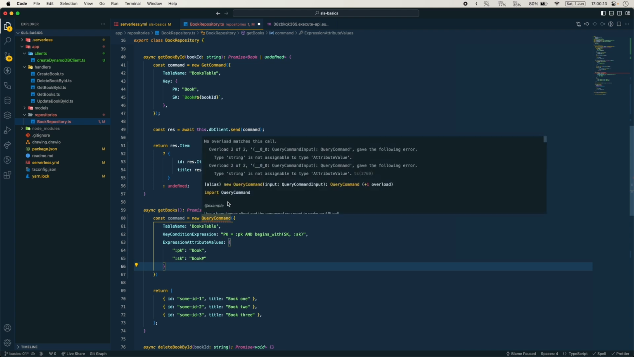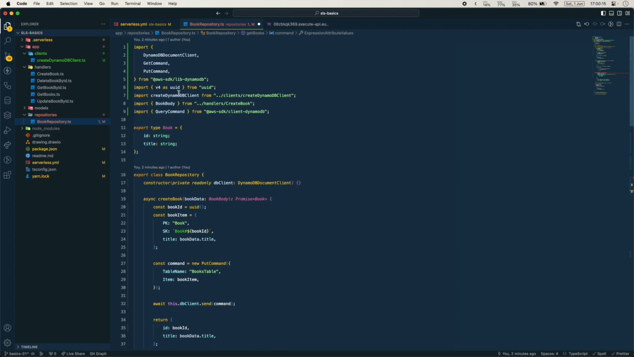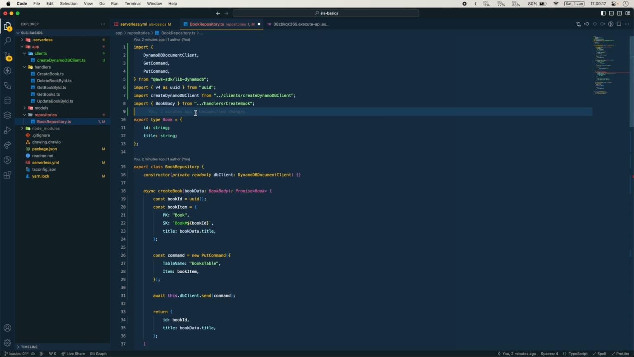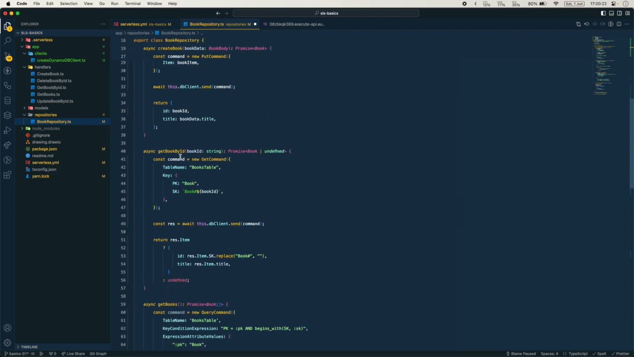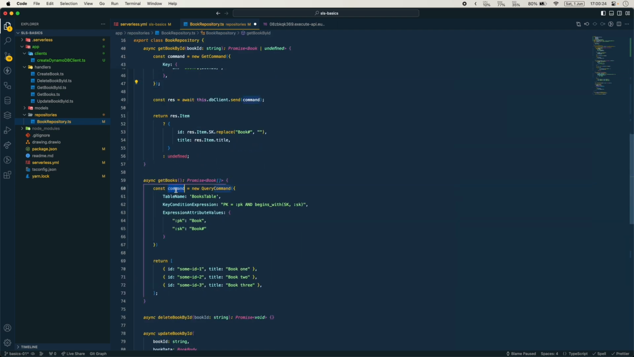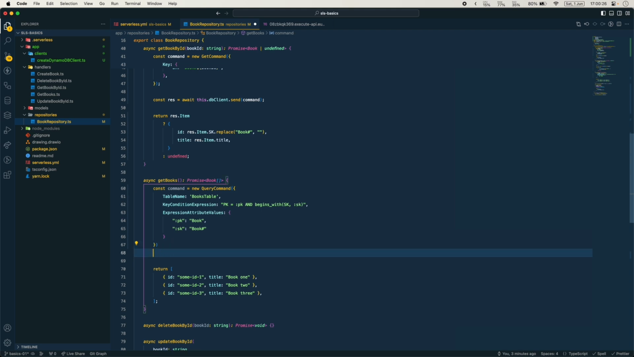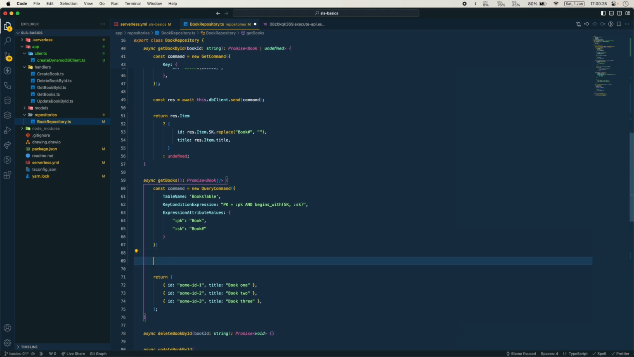What is the query command complaining about? I think this got imported from the wrong one. Yep, we need to import it from the lib. Okay, now we have this command. Now we again send this to the